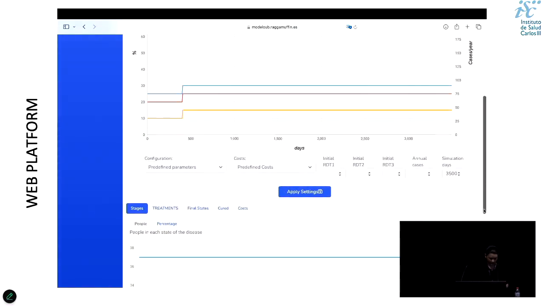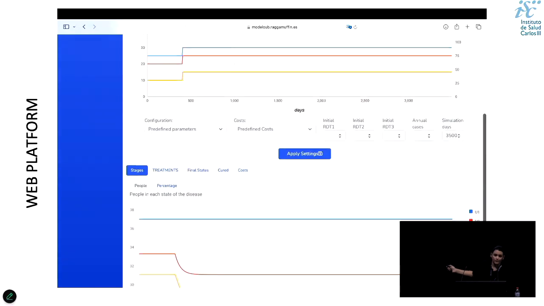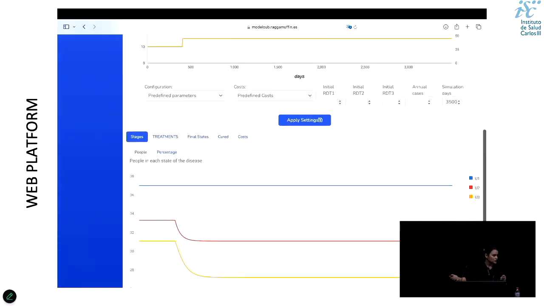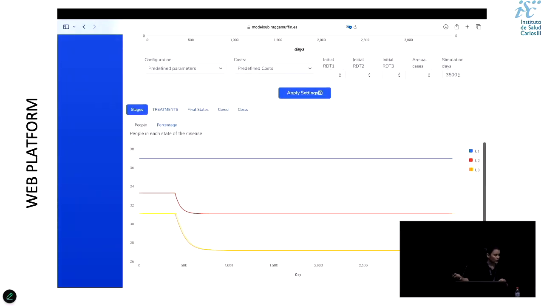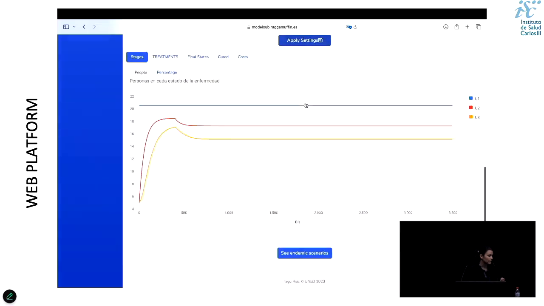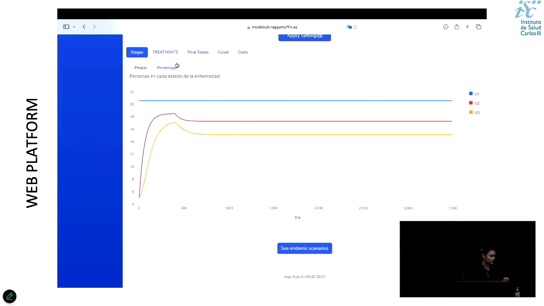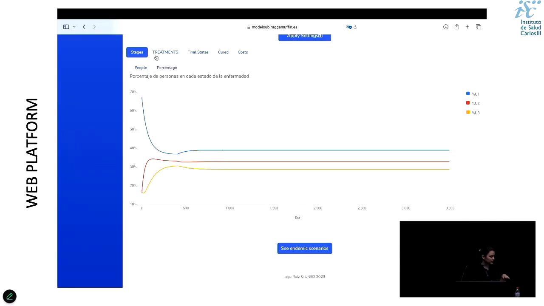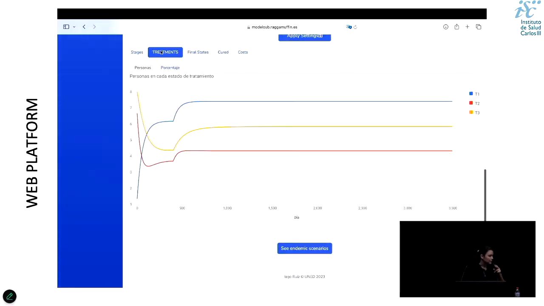we have the predefined parameters and also the predefined costs. So we are only going to modify the initial resources for diagnosis and treatment of category 1, 2, and 3, and this is like a random example. You can also enter the annual cases in your situation and modify the simulation days. And now with these parameters, you can see the number of people in each stage for category